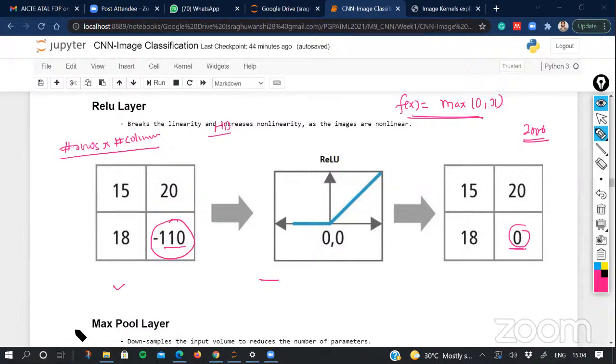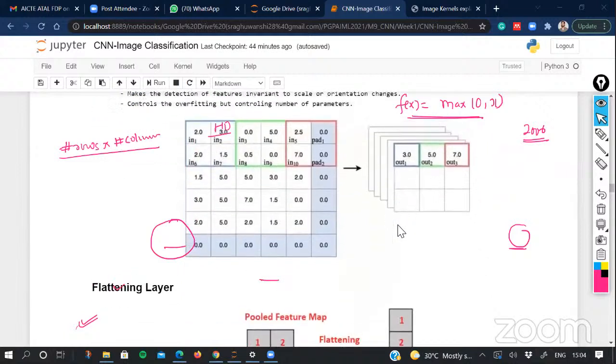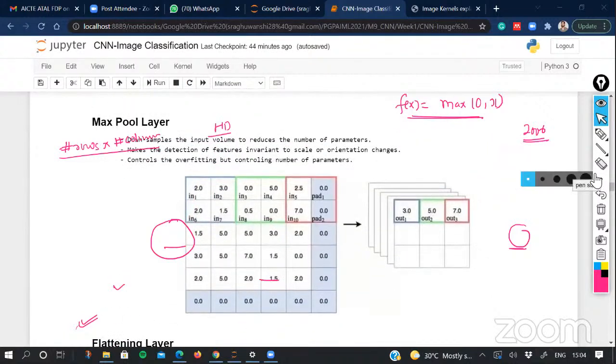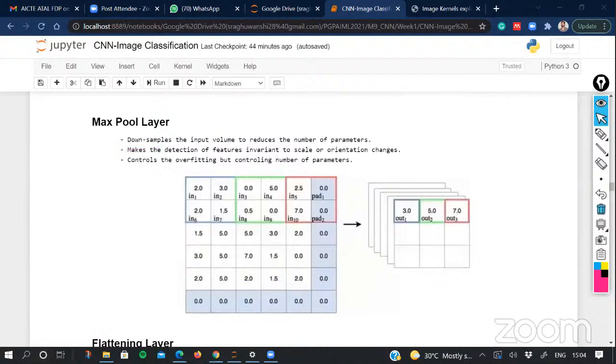And for doing this, we introduce a new type of layer in the convolutional network, what you call a max pooling layer. The job of the max pooling layer is nothing but to reduce the size of your input volume. This again follows a filter approach, but it does not have any parameters. If you use a 2x2 filter, it takes this 2x2 input, and out of this 2x2, it will give you a single output.